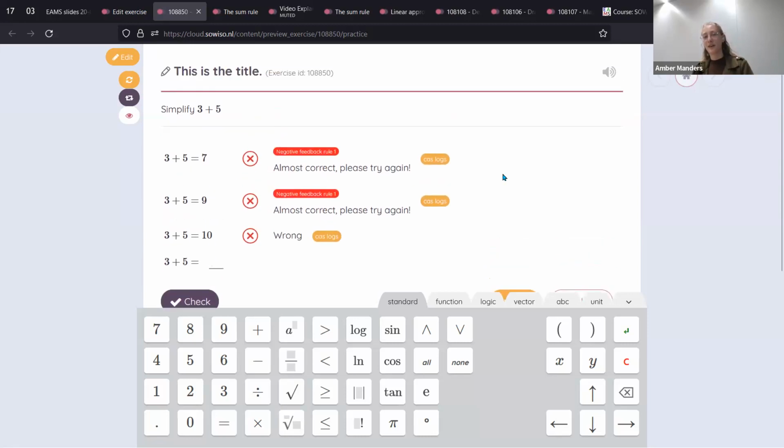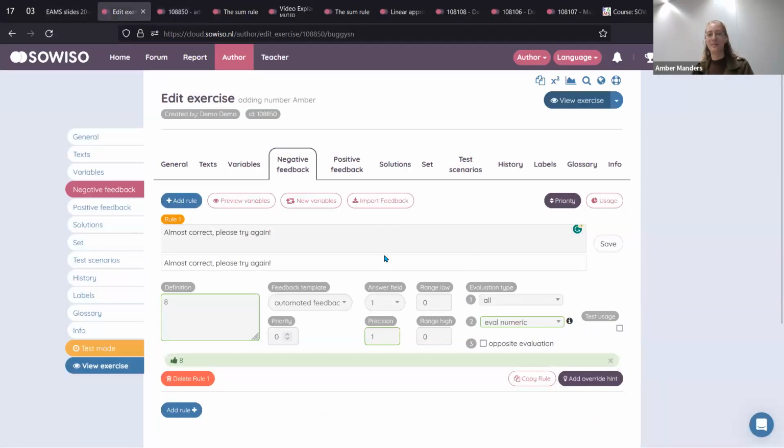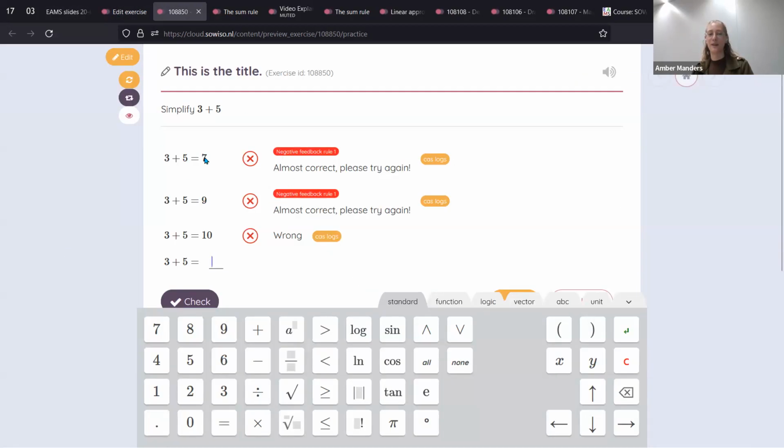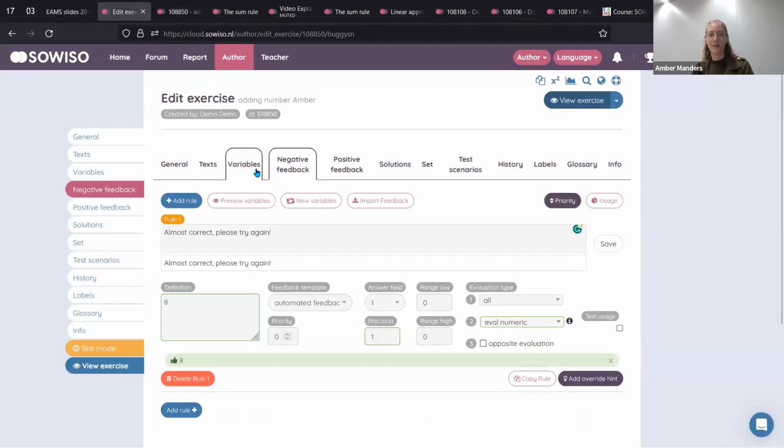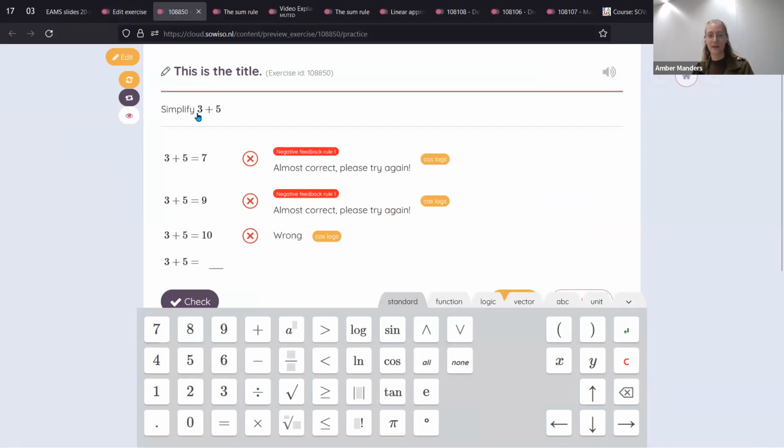And what we do at SOWISO is if we make an exercise, we try to make the feedback such that with whatever answer the student gives, we always try to help them get to the correct solution themselves, a bit of this guided discovery. But now with this platform, you've seen how we could do it from scratch. Let's see. So we did the feedback.